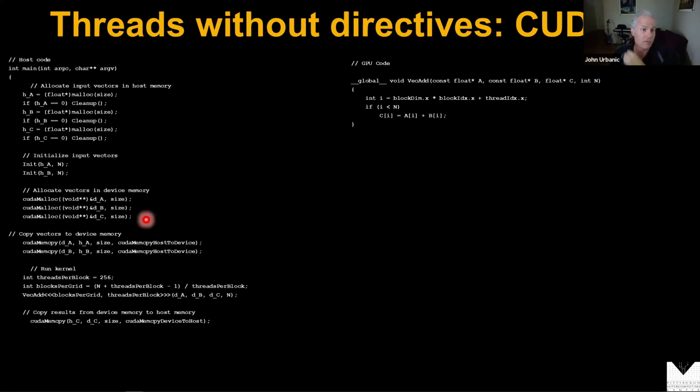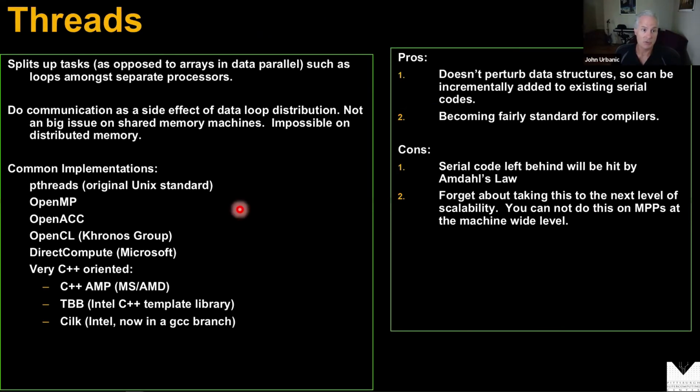There are some more primitive ways of doing threading. POSIX threads in the old days, or with GPUs, CUDA is still around because it was the early way of doing GPU programming. And so there's a tremendous amount of software written in CUDA, much uglier stuff to deal with, but it still accomplishes the same goal. It's threaded and allows you to speed things up. So these approaches with threads are wonderful in that we can apply them loop by loop.